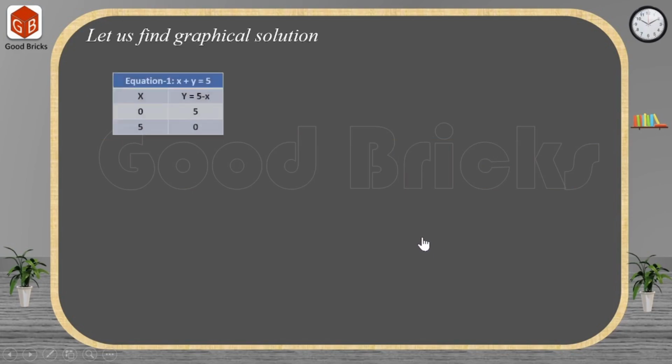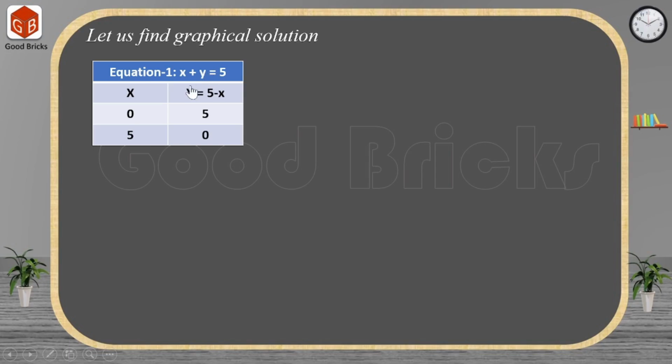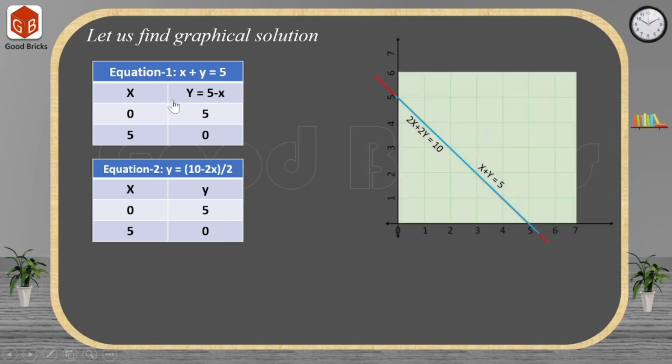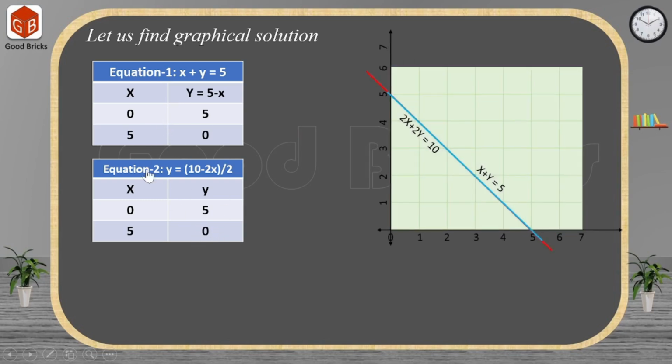So let us do it. This is equation 1, and from that y is equal to 5 minus x. If you put x as 0 and 5, you will get the y values, and the points are 0 comma 5 and 5 comma 0. Similarly, in equation 2, y is equal to (10 minus 2x) by 2, again if you put 0 and 5, you will get 0 comma 5 and 5 comma 0. If you observe these two equations, for all values of x, you are getting the same values of y. It means they have infinitely many solutions. Both the equations are getting the same solutions, so they have infinitely many solutions, and they are consistent